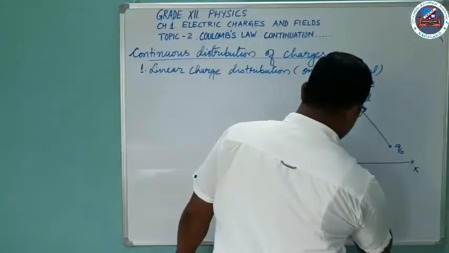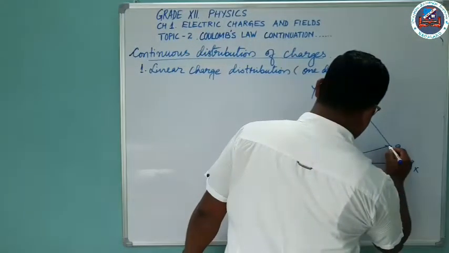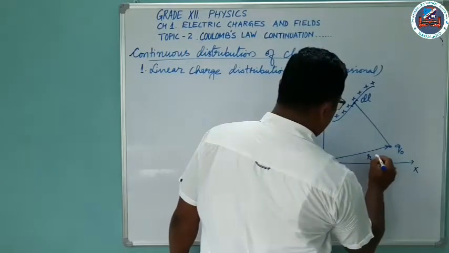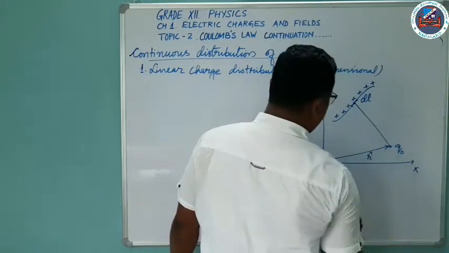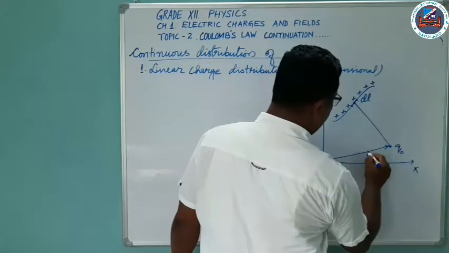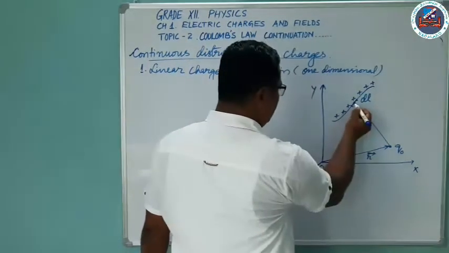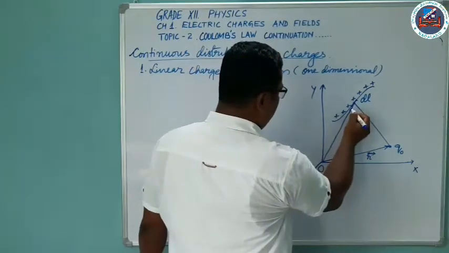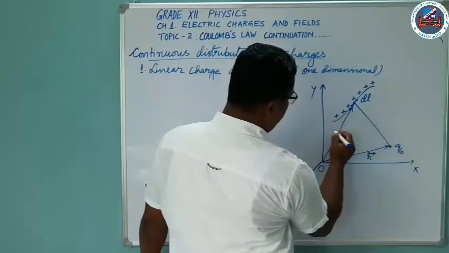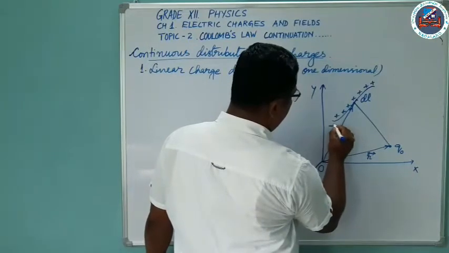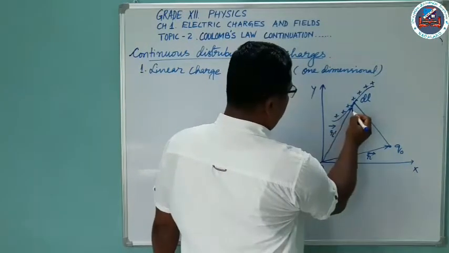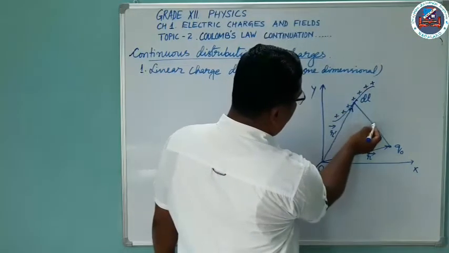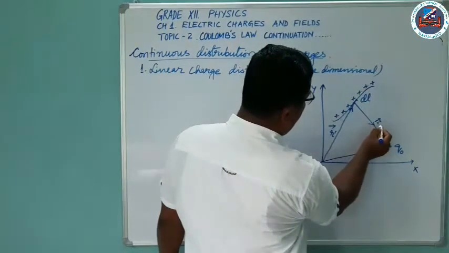The position vector of the test charge, let us say, is r vector, and the position vector of dl we represent as r dash. Then the force experienced by Q0 due to dl, let us represent it as